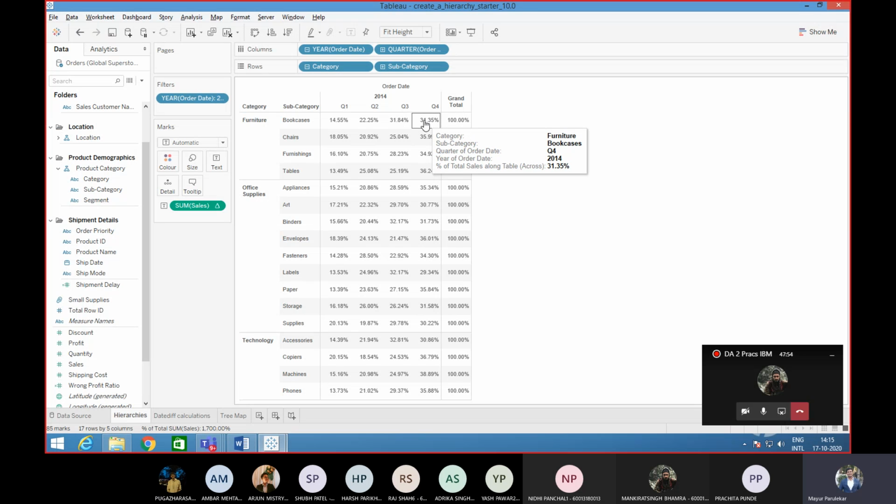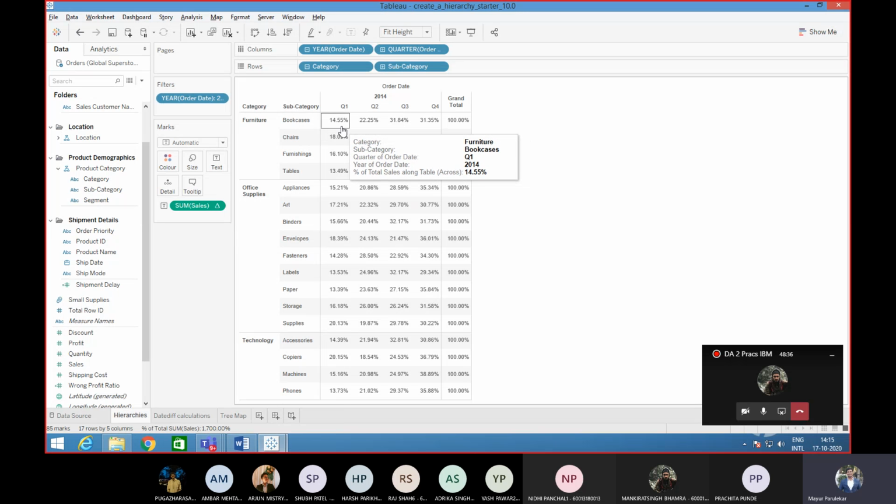But if somebody told you that I want to see the contribution of all of these guys rather in quarter 1, so I want to see across all my 3 categories, which is furniture, office supplies and technology, I want to see rather a calculation which is going to go column wise and not row wise. So basically I want to see below over here 100%, over here 100%, over here 100%, right? So what I am looking for is the contribution of each subcategory only for quarter 1, and in order to do that